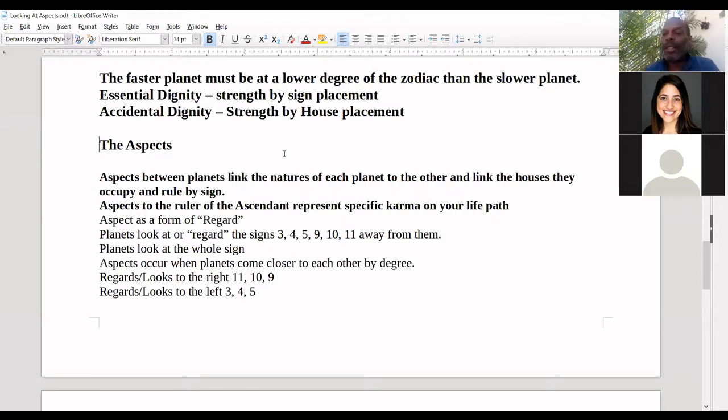Let's say we have Venus as the ruler of the ascendant and she's in the 6th. That could mean that she indulges too much and she gets sick. Let's say Jupiter is in the 6th and he's the ruler of the ascendant. That means he overindulges. He eats too much, or he does too much, or Venus and Jupiter are together. I call that too much of a good thing. They party too much. They do too much of the thing that they like, and it makes them sick.